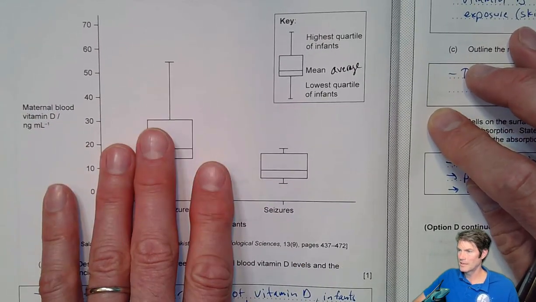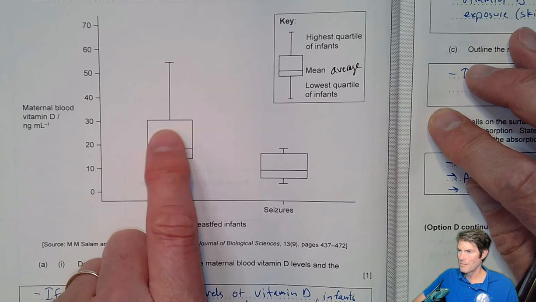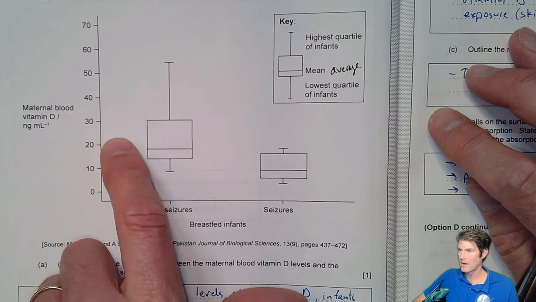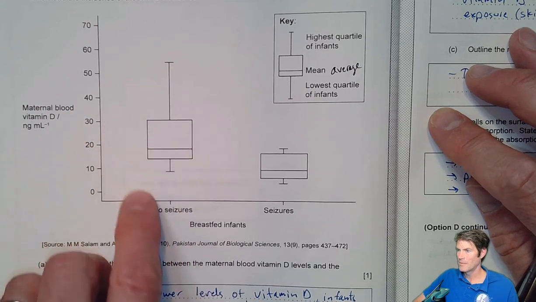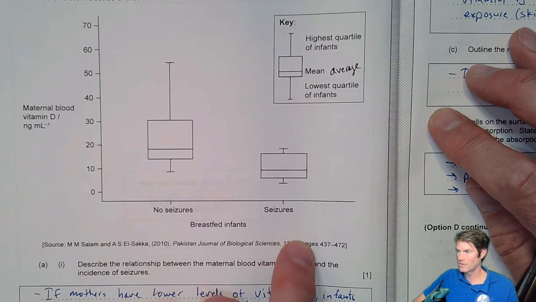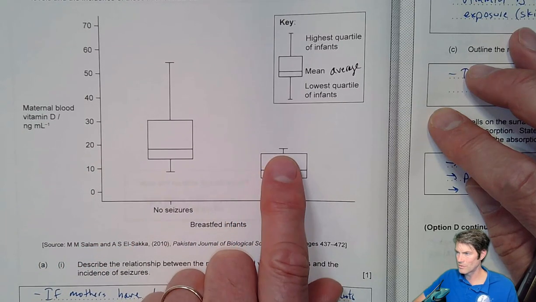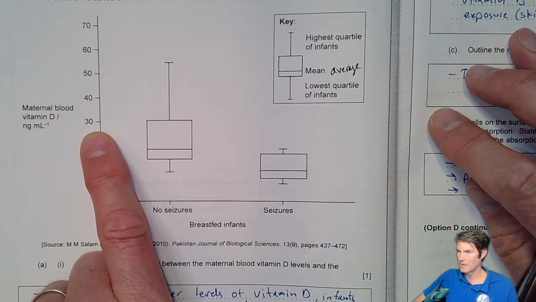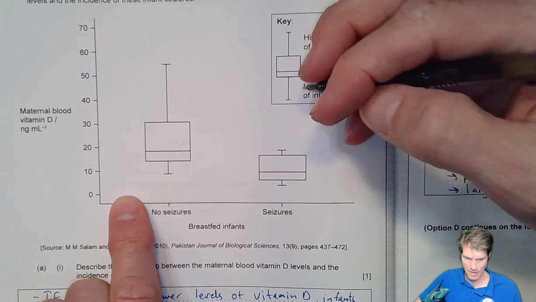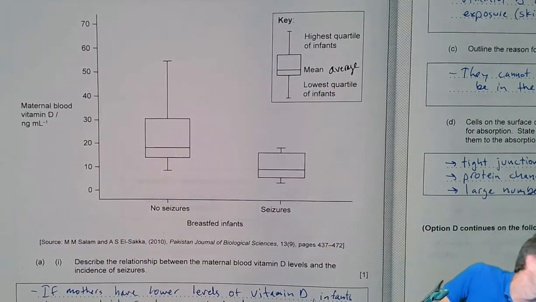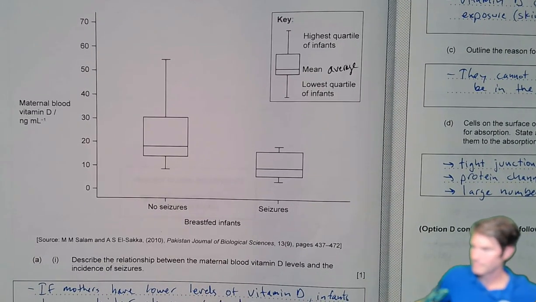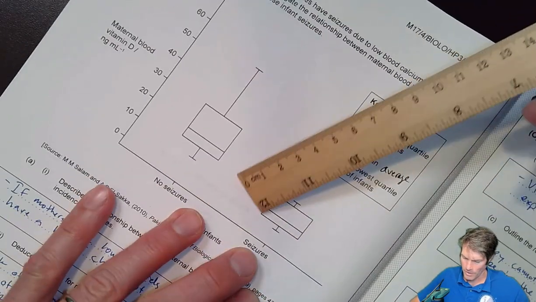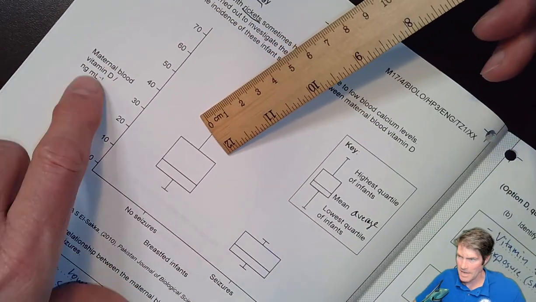So just looking at this, infants whose mothers have higher levels of vitamin D tend not to have seizures compared to the group of the seizures, right? The seizure group, these infants who tend to have them, their mothers have maternal blood on the lower range, okay? And let me give you, for example, it doesn't really ask this, but if it did ask the maternal blood